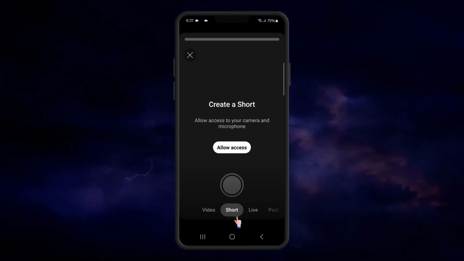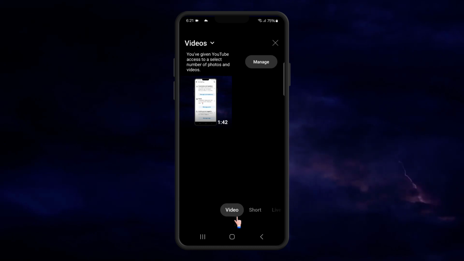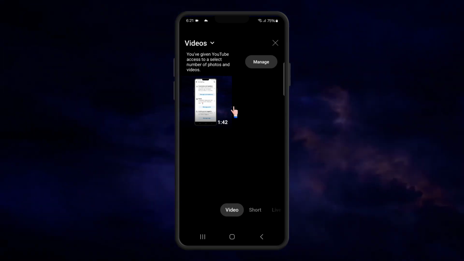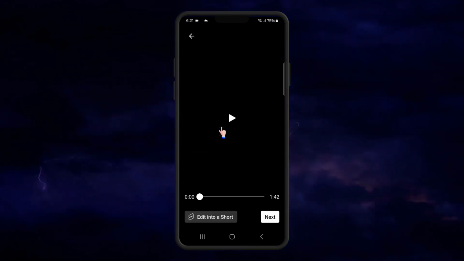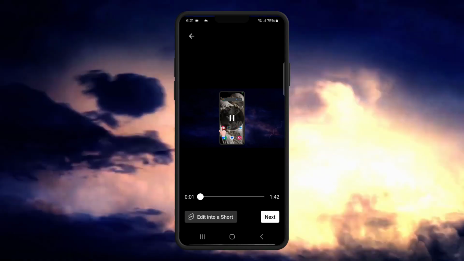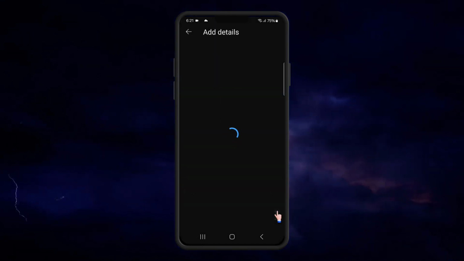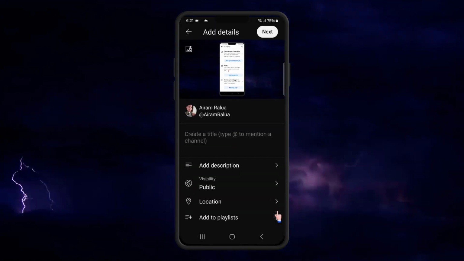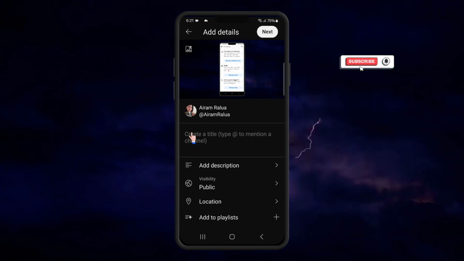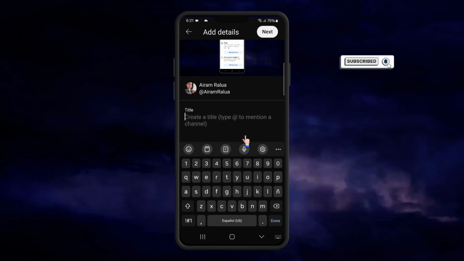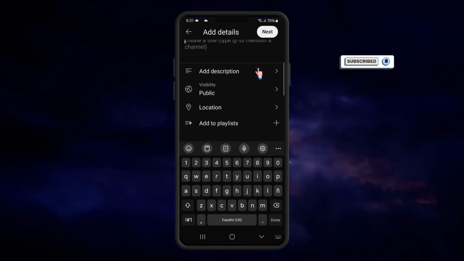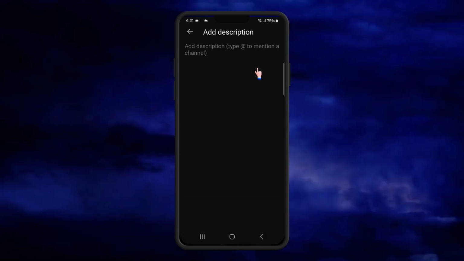We are going to select a video here, from the gallery, and press next. Here we can see we can create a title and add a description,